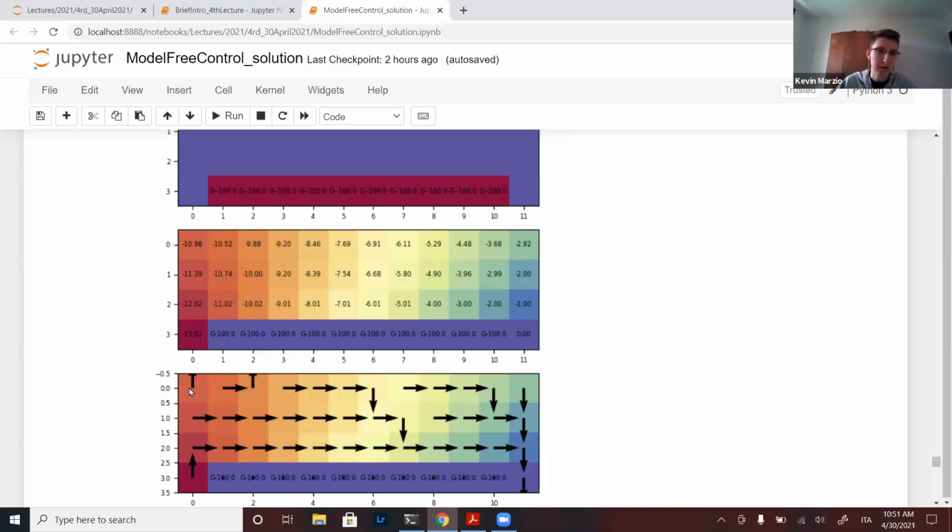Once we reach the top left corner, we try to explore more, but we didn't reach it enough times to say which is the best action to pick. Thanks.